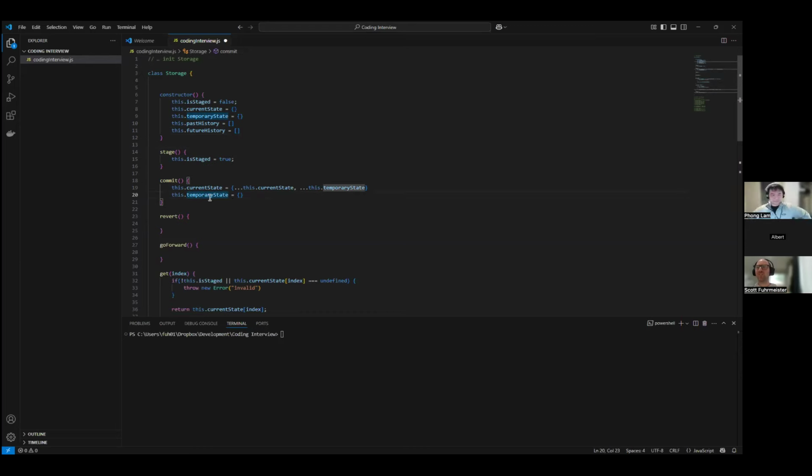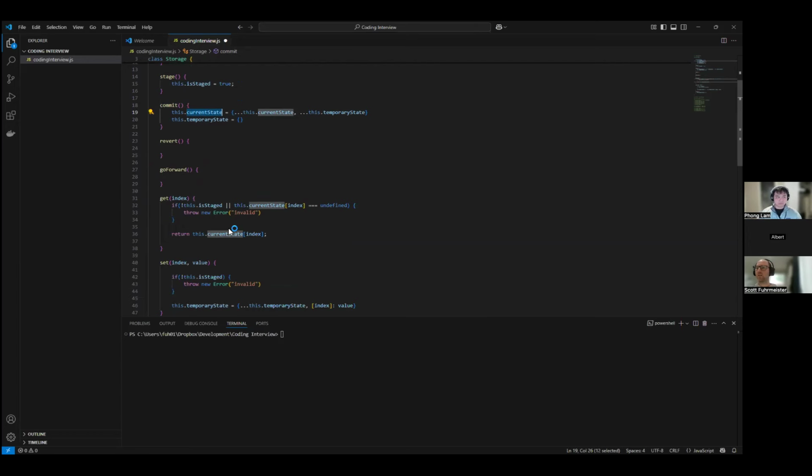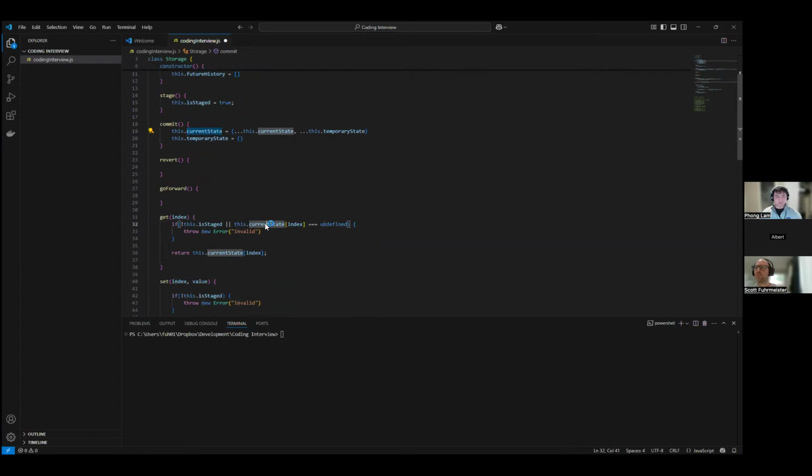So all right, this is the commit. So this is the existing commit. Now we'll commit it. We're going to move the commit onto the future state. So I think we're going to get rid of... Have I lost you there? Okay, so we probably don't even need the current state anymore because we're going to use the last element of the future history as the current state now. I think we can just get rid of that, but we're going to have some issues down here.